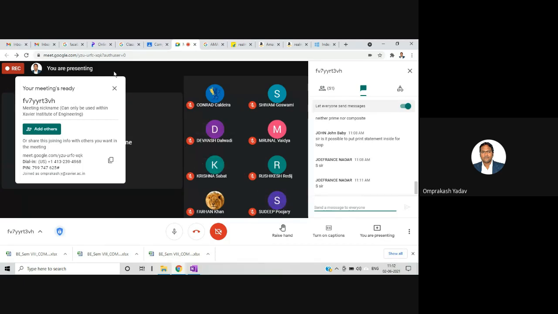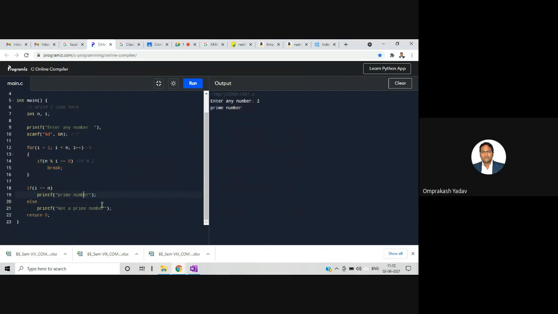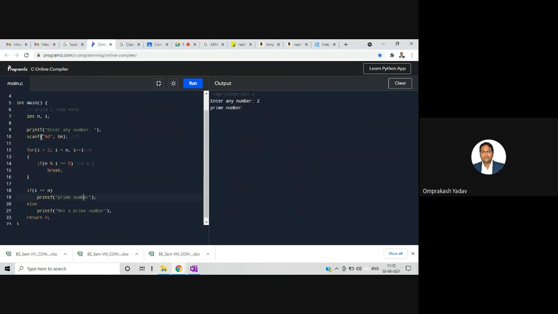Okay. So let's see some other programs. Like this, there are lots of programs. I will be solving a few of them. After today's lecture, I think in the next week we'll be having 3 lectures and then your exams will be there. So by then I will be able to solve a lot of questions. And one more concept is remaining, that is the switch case, right? So that also I have to explain.